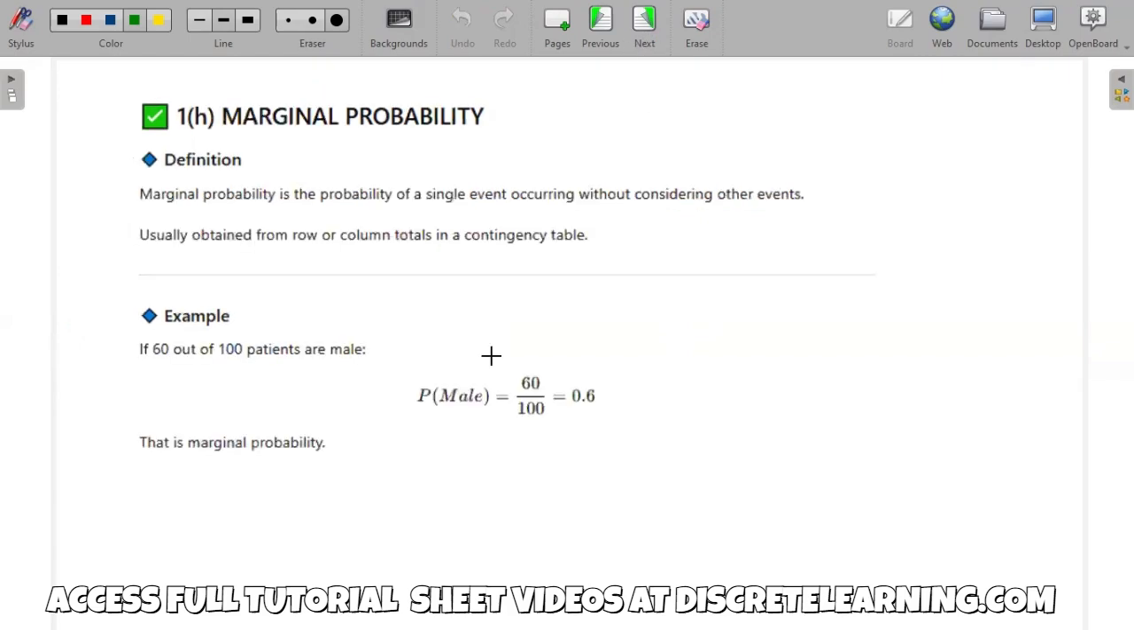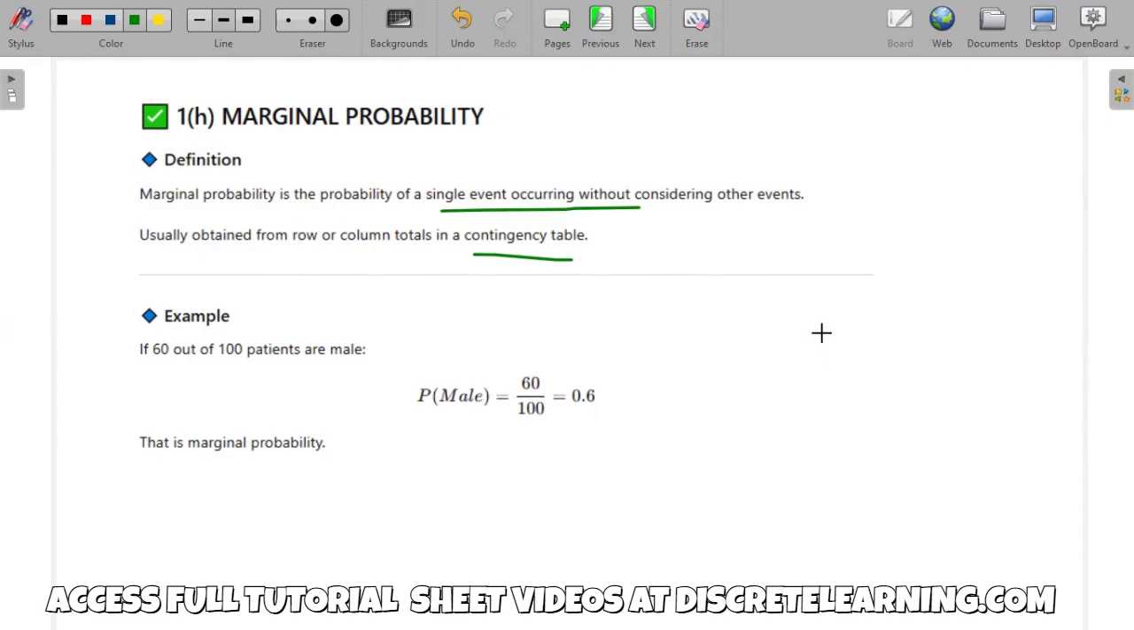And then from there, we talk about what we call the marginal probability. Marginal probability is simply the probability of a single event occurring without considering other events. It is usually obtained from row or column totals in contingency tables. We're going to talk about the contingency tables later on. So, for example,